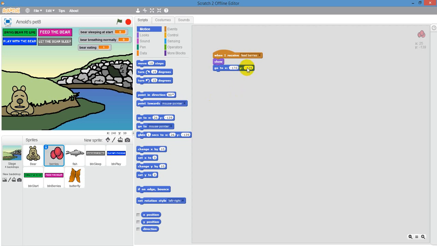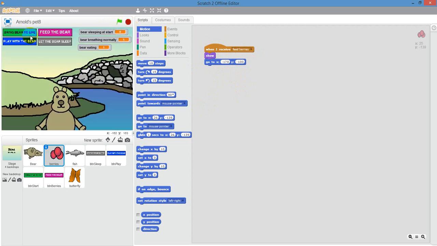Minus 100. Minus 100. Okay, there we go. When I receive feed the berries, I'm going to show the berries and go to these coordinates. Here we go. Stop, start, bring bear to life,